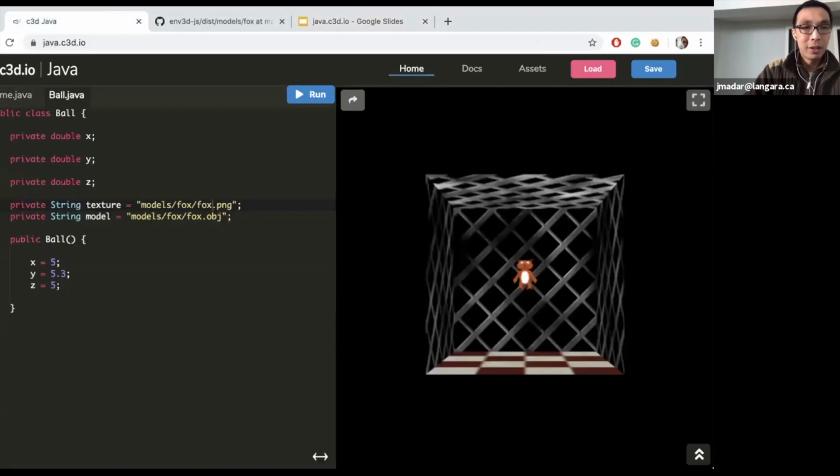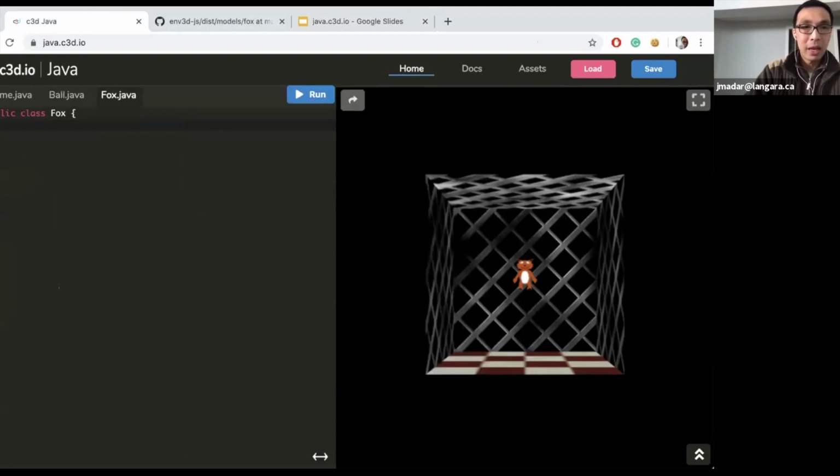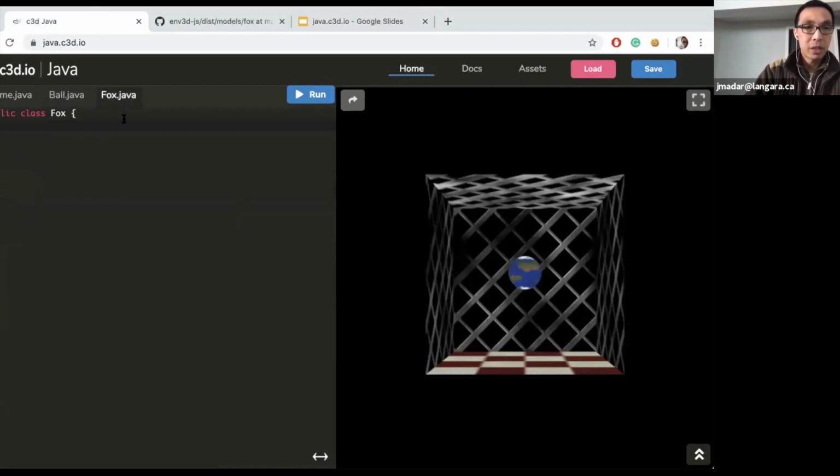So this is the ball class, right? So I could actually create another class. Let's say I call it the fox class or something like that. So now there's a fox public class object. So let's say ball, I actually change it, I delete this, so that the ball is just a regular ball. So here the ball becomes regular ball. For the fox class, I would still use